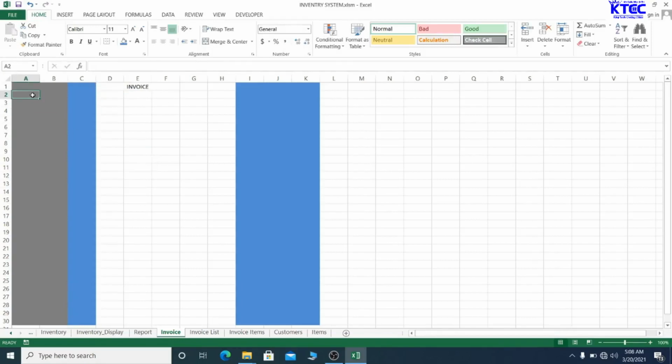So here we want to have customer row, so we just type cust row, meaning the customer row, the row the customer will be taken from in the database. We want to take note of that. We have the invoice row, so inv row. Here we should have the new invoice. After creation of the first invoice, we need the next invoice, so new invoice. Then after that, we want to load invoice, so we say invoice